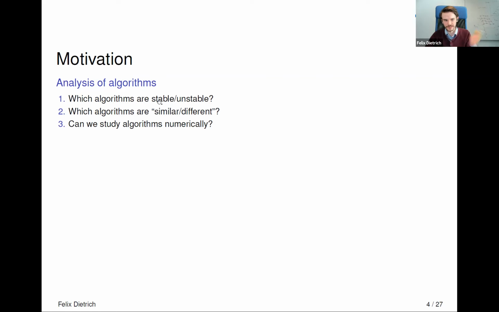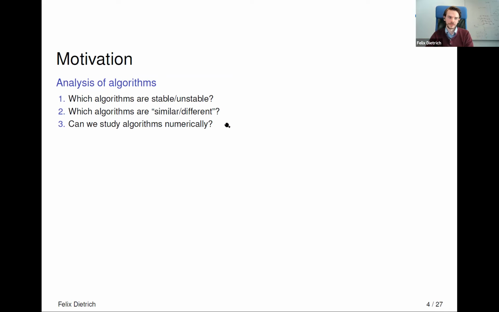But of course, a stable and an unstable algorithm globally would also be qualitatively different, even though a qualitatively similar algorithm might have different quantitative behavior, but also just one minimum, for example. And the third question, I guess, nowadays is even more relevant than it was 30, 40 years ago, because now